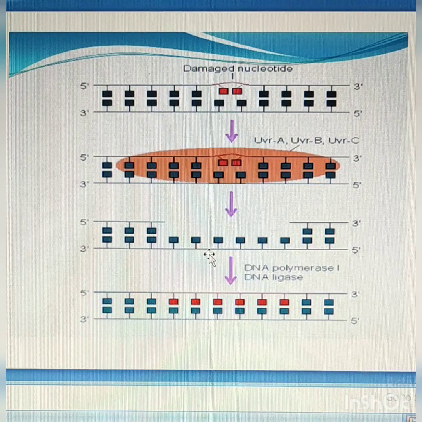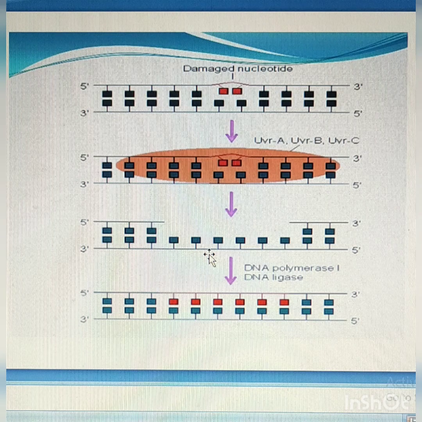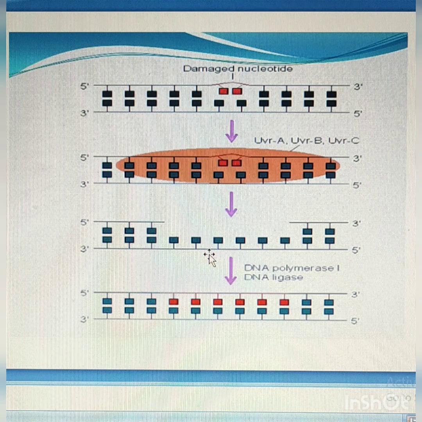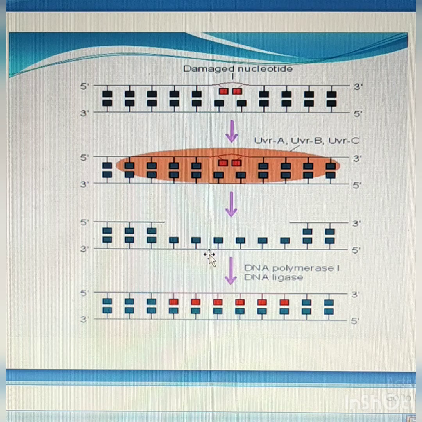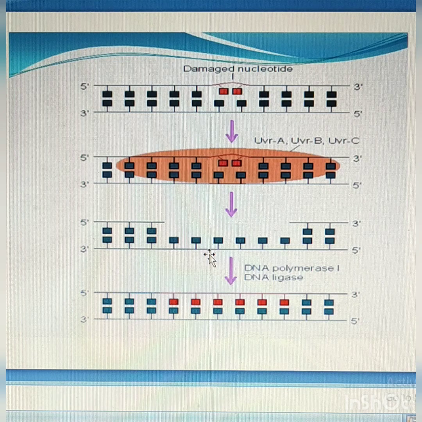In case of nucleotide excision repair, the system works on DNA damage which is bulky and creates a block to DNA replication and transcription. It probably recognizes not a specific structure but a distortion in the double helix. The mechanism consists of cleavage of the DNA strand containing the damage by endonucleases on either side of the damage, followed by exonuclease removal of a short segment containing the damaged region.